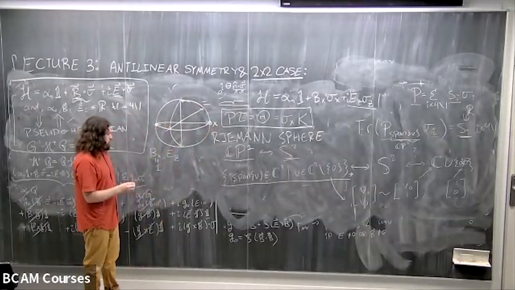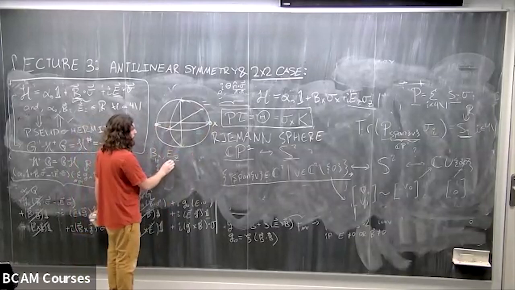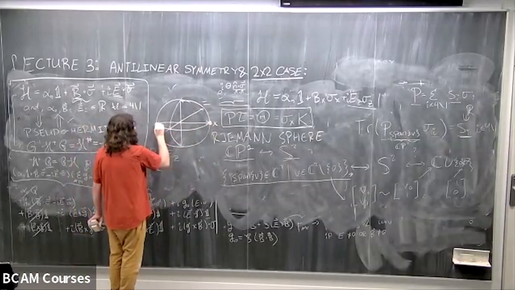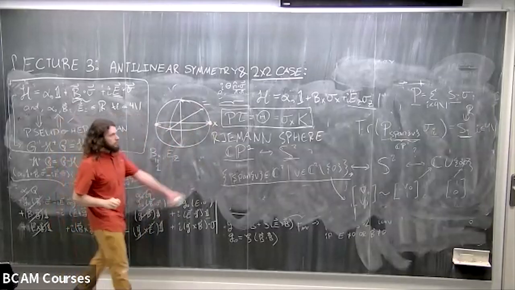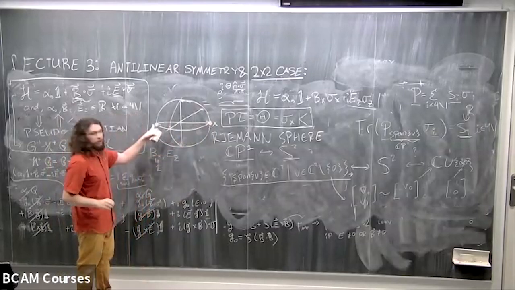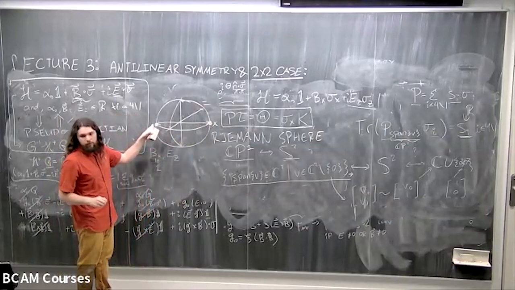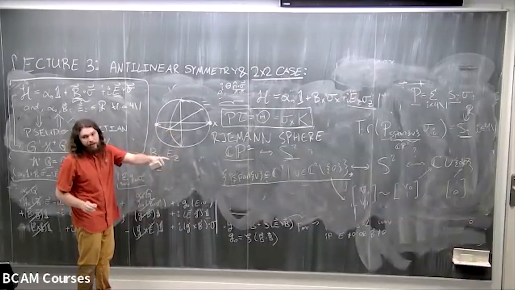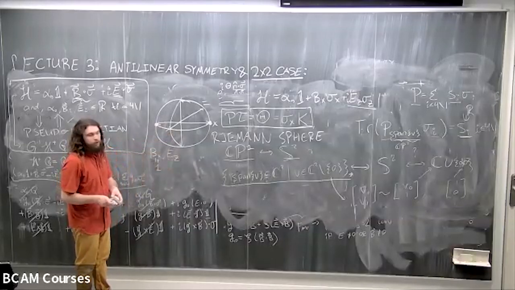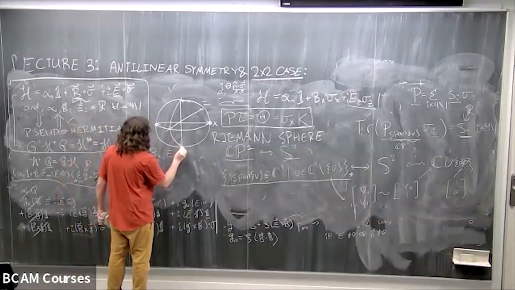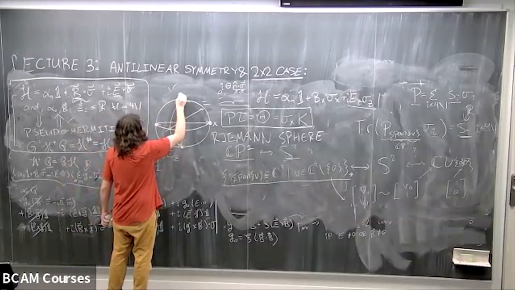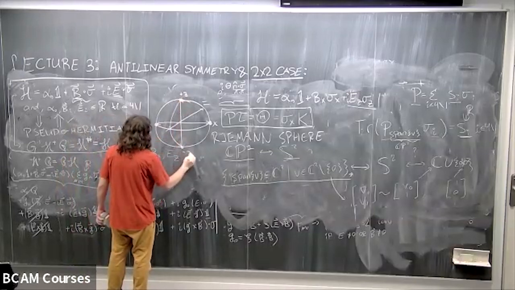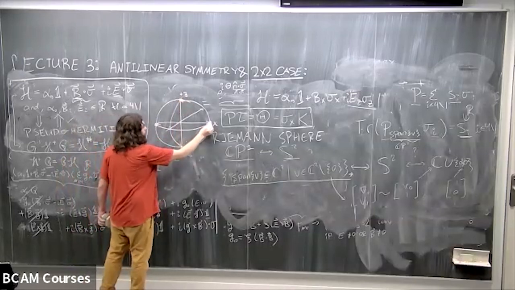So if we start at Ez equals 0, the eigenstates of sigma x are going to be these 2 points on the Riemann sphere, the plus x and minus x spots, which hopefully isn't too much of a stretch to imagine. You could work through the math and prove it. But similarly, the eigenstates of sigma z will correspond to these 2 points on the sphere, plus z and minus z. So as you increase